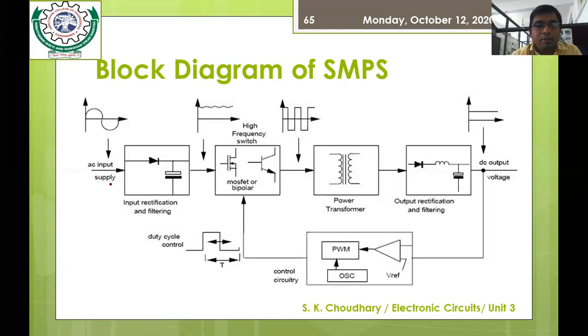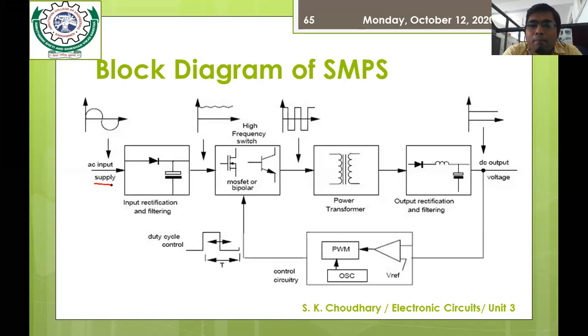This AC input supply is given to the input rectification and filtering circuit. For the rectification, we use rectifiers, full wave or half wave, but generally we use the full wave rectifiers. After rectification, it is passed through a capacitor used for filtering the signal, and in this way we get